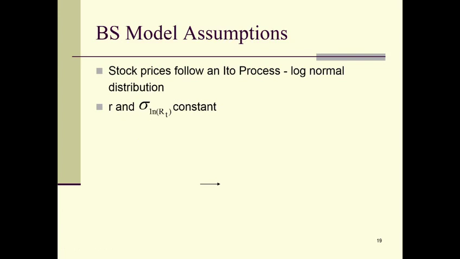Now, you know sigma is not constant in reality, right? So the assumption that sigma, or volatility, is constant is almost always not true. Now, as to interest rate being constant,